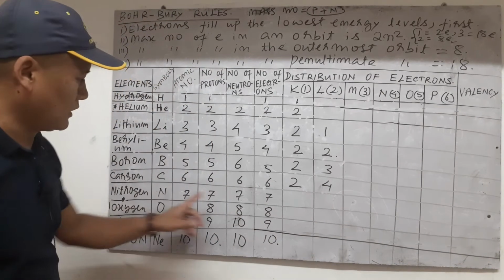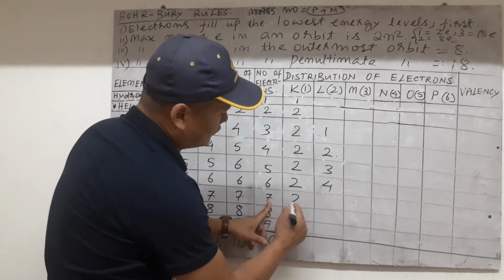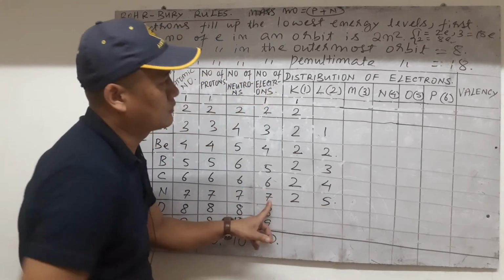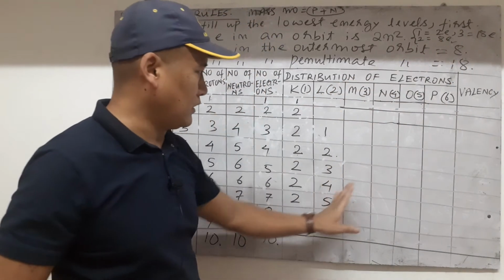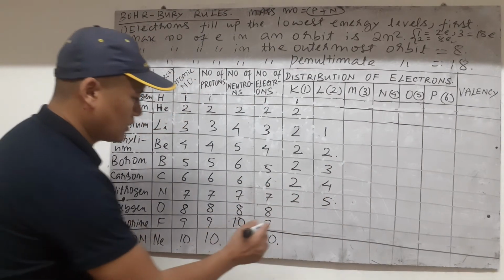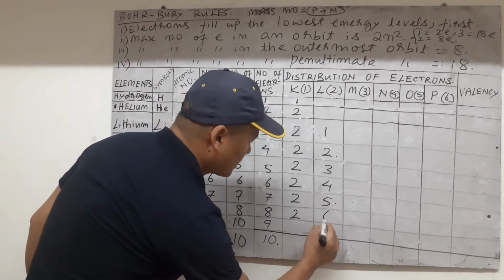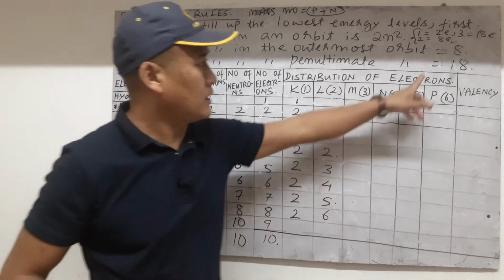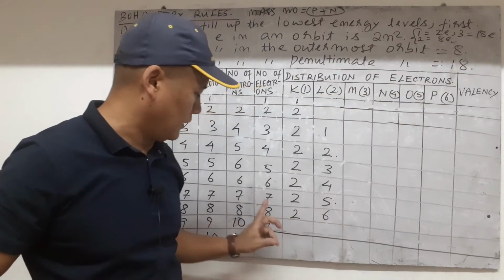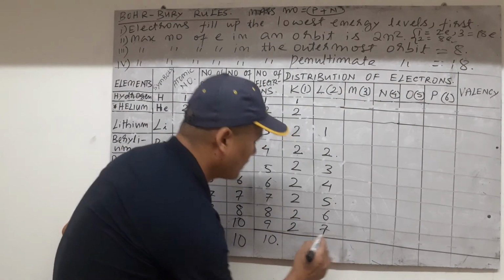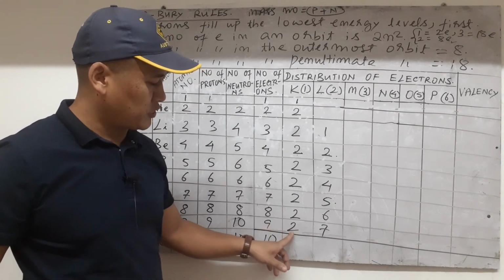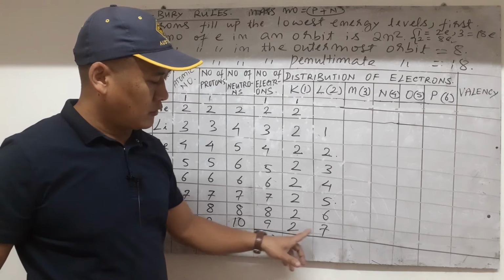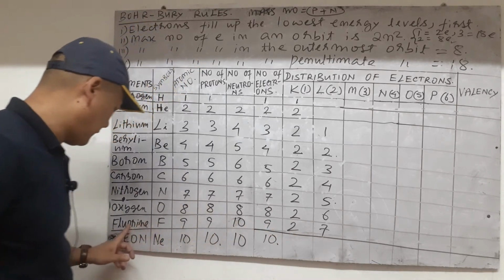Right, next one likewise. Nitrogen, 7 electrons means 2, 5 here, 5 plus 2. So allowed because second not yet cross 8. So we don't need third shell. Next one, oxygen is 8, so 2 plus 6 allowed because still below 8. So 2 plus 6, 8. Then 2 plus 7, 9 electrons. So the 9 electrons will be arranged in such the first shell 2 electrons, second orbit 7 electrons, for fluorine,